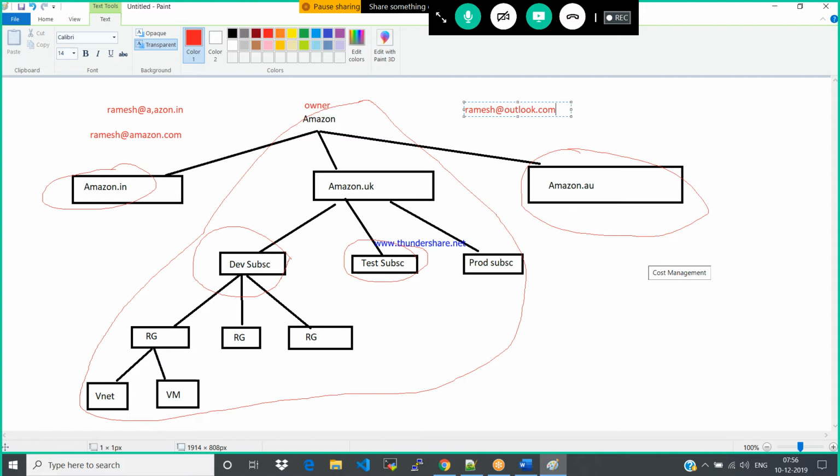Still, you would like to use that domain to create a free subscription. That could be the reason Microsoft will create an account, Outlook dot on Microsoft.com. That is your domain.